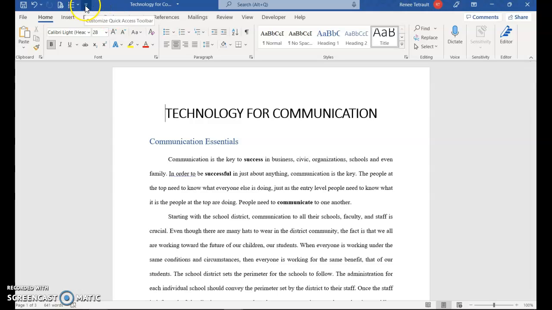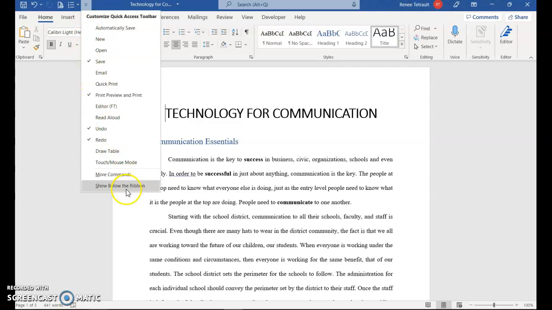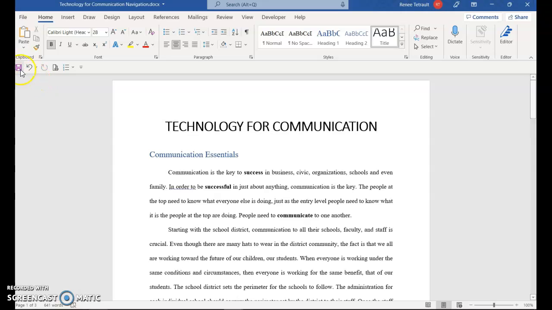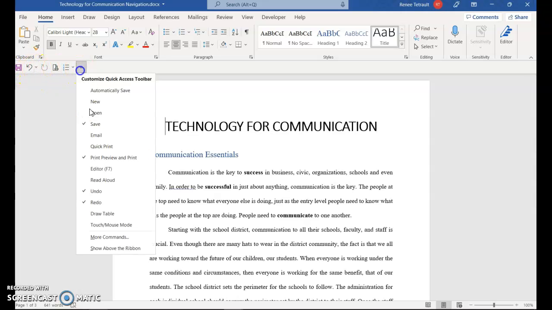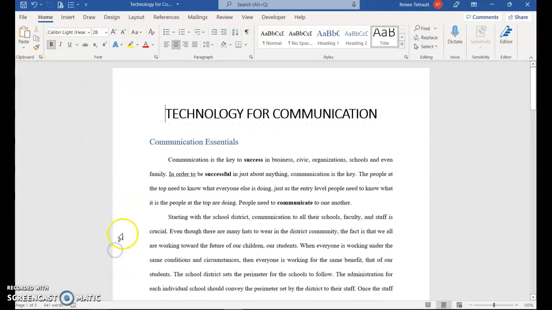Another thing, most quick access toolbars are in the title bar at the very top, but if you wanted to move it, you could put it below the ribbon, so it's right here. But I'm going to put it back above the ribbon, and we'll continue with more features in the next